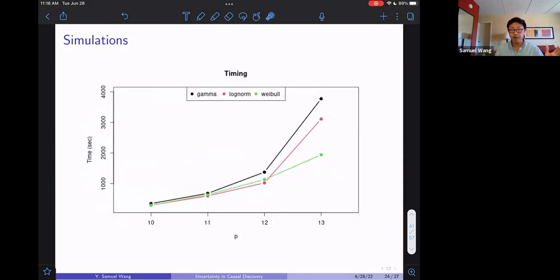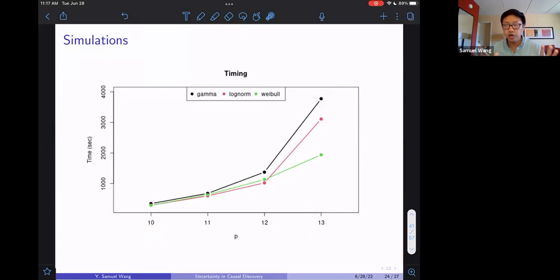And then finally, there's maybe a question about timing. Is this computationally feasible? We showed all those simulations with p equal to 8. Here we ramp up the size of the graph a little bit, going from 10, 11, 12, and 13. This is the average time to compute a confidence set, and this is done all on a single core. So you can also think about how you might parallelize this and speed things up. But maybe the thing to think about here is that even at p equals 13, we can create a confidence set in roughly about an hour on a single core.